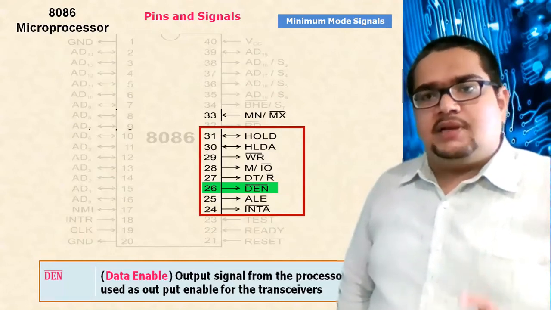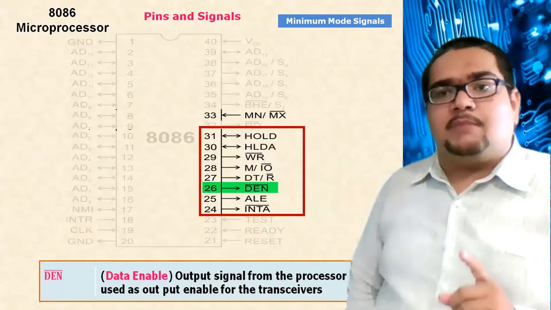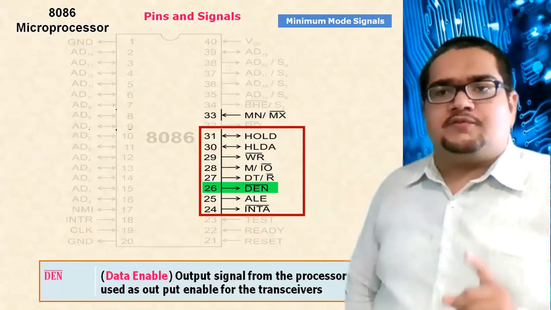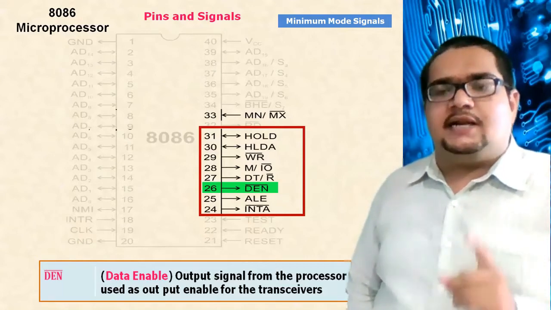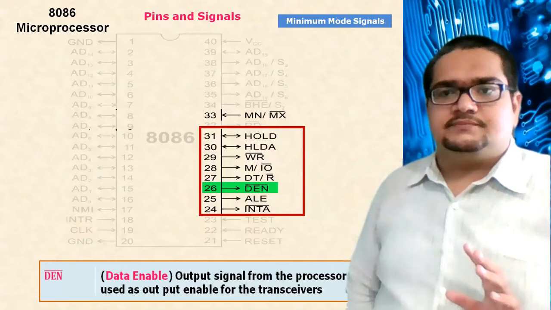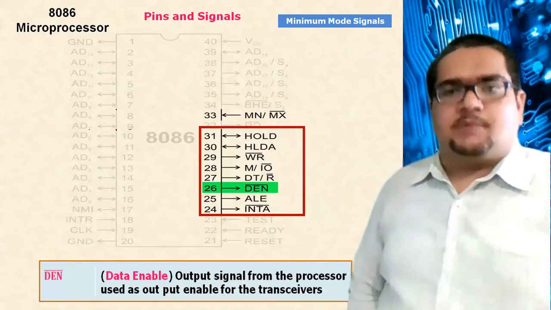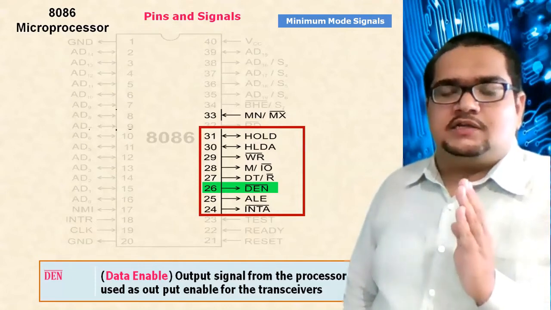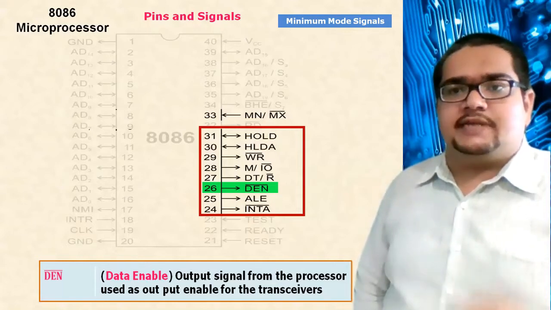It is a data enable. This pin is given out by the processor and taken in by the data buffers available in the 8086 system, such that the copy of the data is maintained in the buffers till the complete data read or write operations are done. Specifically data write operations by the processor, because the processor speed is enough such that it sends the data and it can be ready for doing next task.